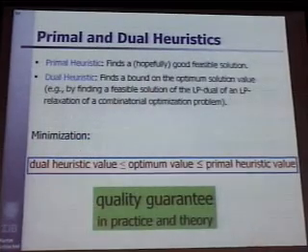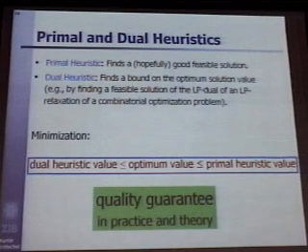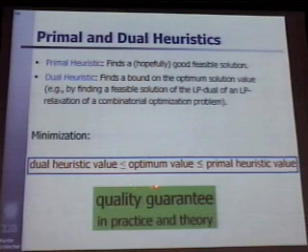What we do in practice is we find primal and dual heuristics. The primal heuristics find a good solution. Like in the traveling salesman problem, we manipulate the problem and find a tour. And of course, this is an upper bound for the minimum. You just can't compute the value, and you would like to try and find a good one. But the dual heuristic is just the other way around. Namely, if you minimize, you want to find a lower bound for the solution. Now you have a lower bound and an upper bound, and the optimum value is in between. You compute the difference or the relative difference, and you can provide a quality guarantee.